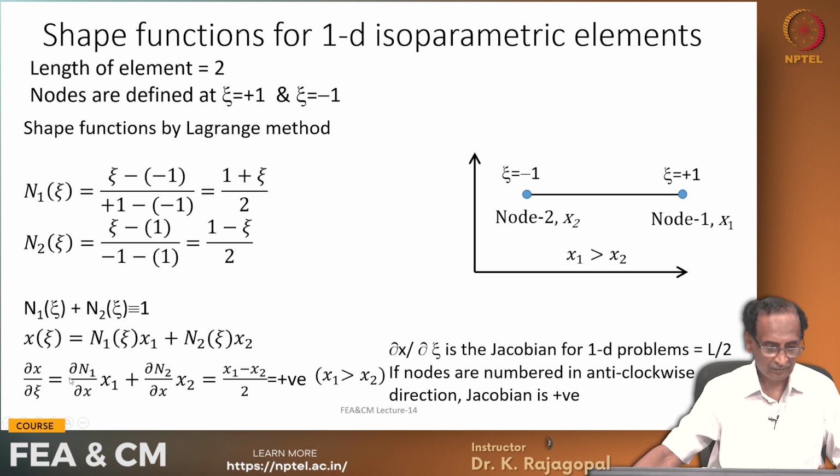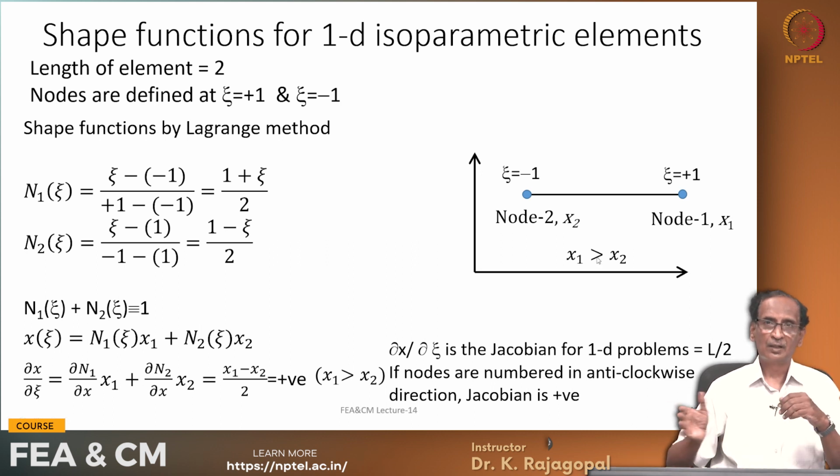and dou x by dou xi is dou N1 by dou xi times x1 plus dou N2 by dou xi times x2, and that is (x1 minus x2) by 2, and this is positive only when x1 is greater than x2. Actually this is similar to our node numbering in the anti-clockwise direction. In fact this is anti-clockwise numbering,